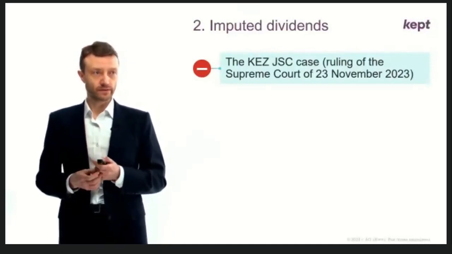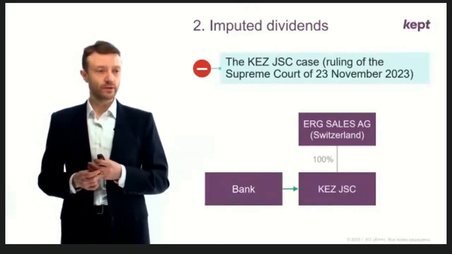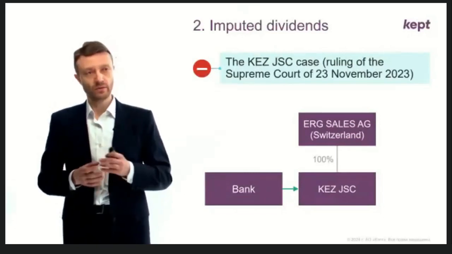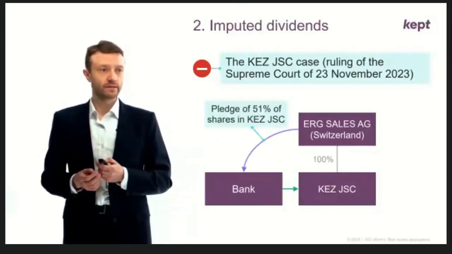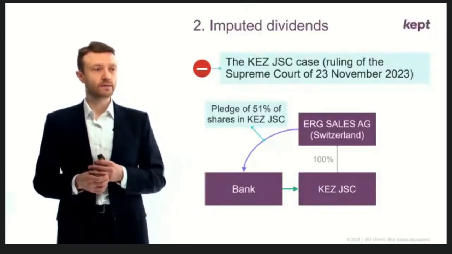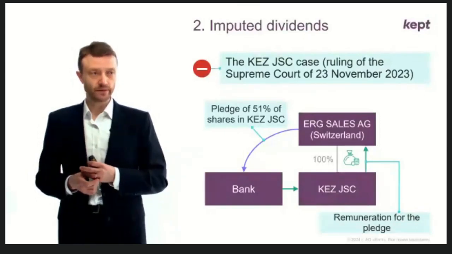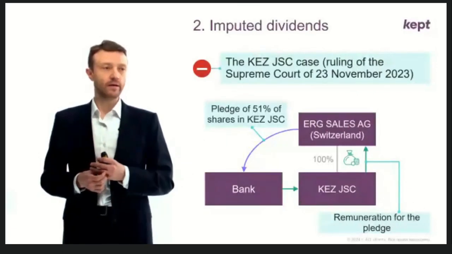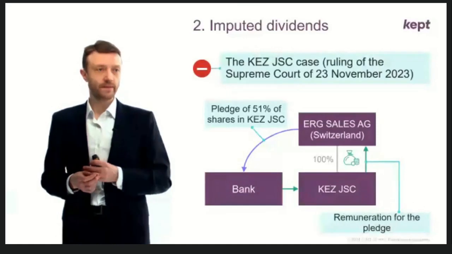Next trend, imputed dividends, and here is an interesting case where a Kazakhstan company borrowed funds from the bank, and the parent company, which is located in Switzerland, provided a guarantee or pledged shares in its Kazakhstan subsidiary, and the remuneration was paid by the subsidiary for the pledge of shares, which is, I think, fair because the parent company took risks and